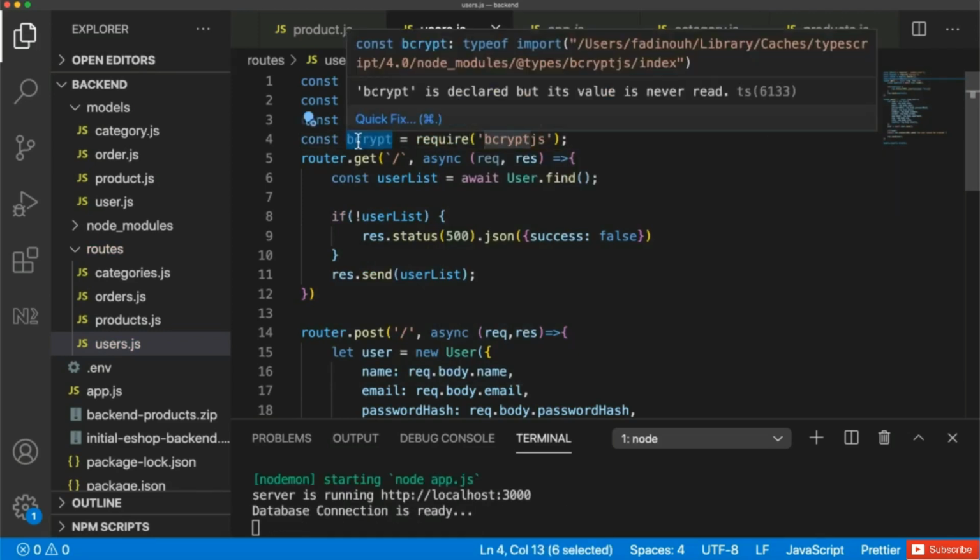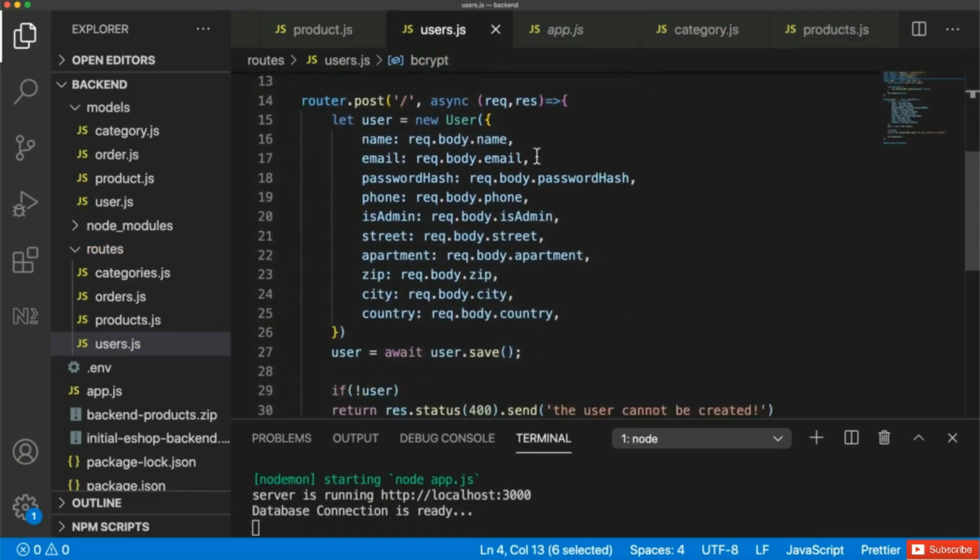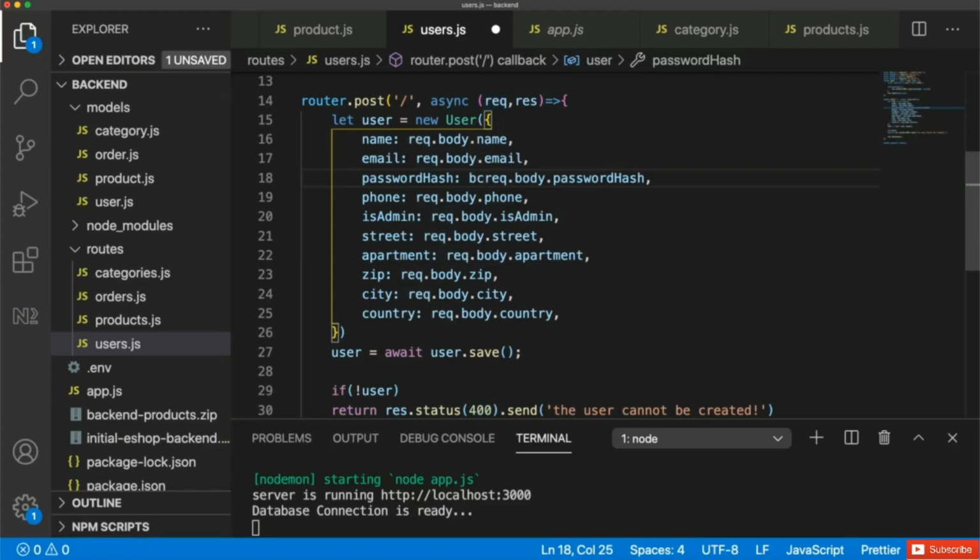So how will we use this library? I will not ask the user or the front end for a password hash. I will ask for a normal password, but internally in my backend, I will encrypt this password. So here I will say bcrypt dot hashSync,